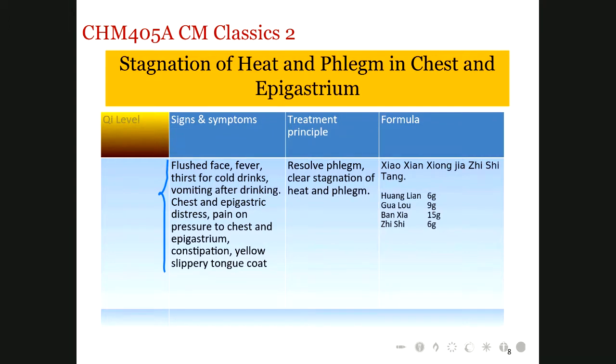The chest and epigastric regions feel very tense or distressed. There is pain on pressure to the chest and epigastric regions, and may also be constipation and a yellow, slippery tongue coat. The recommended formula here is 小线胸加紫石汤. By checking the composition, they use 黄连、瓜蒌、半夏, which make up 小线胸汤, and additional 紫石 helps regulate the qi in the upper